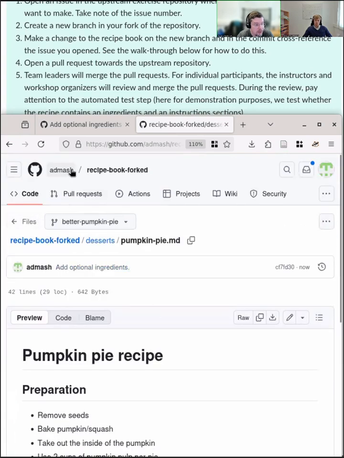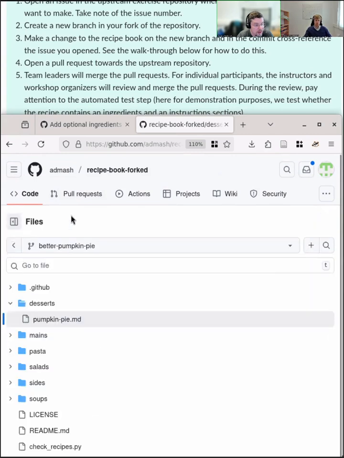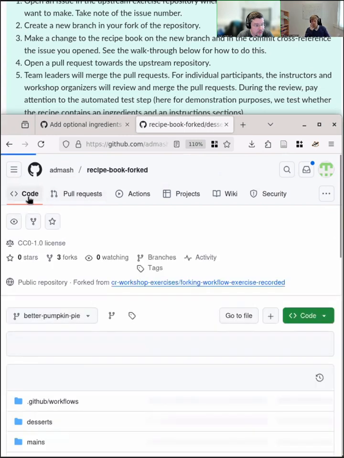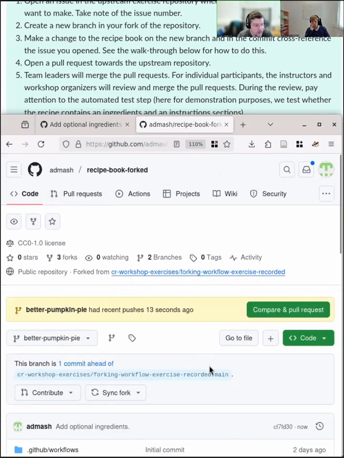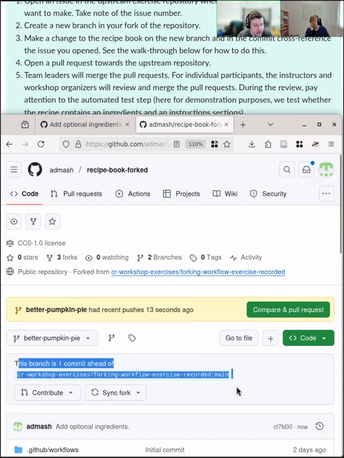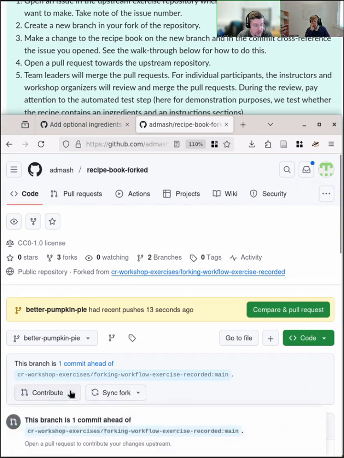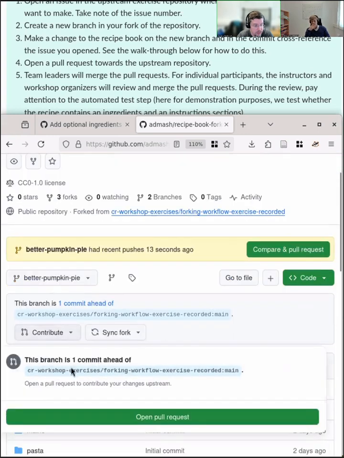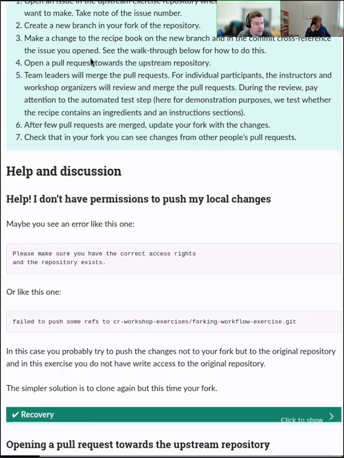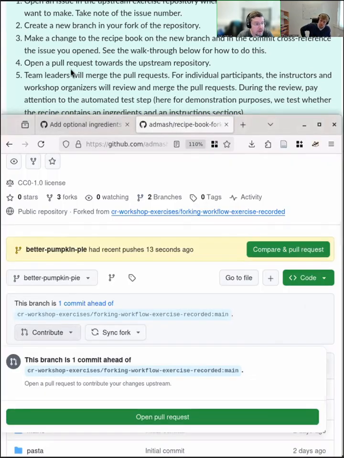All right, so now if we go back to the main code location, we now have this, and you'll see here that we have this indication where it says this branch is now one commit ahead of the repository it was forked from. And so we then have an option to contribute this particular branch that we've constructed back to the original repository. So let's look briefly at our list of steps. We want to then, of course,